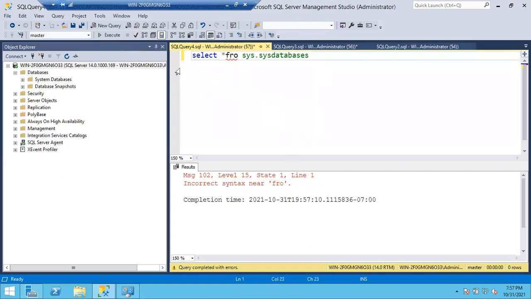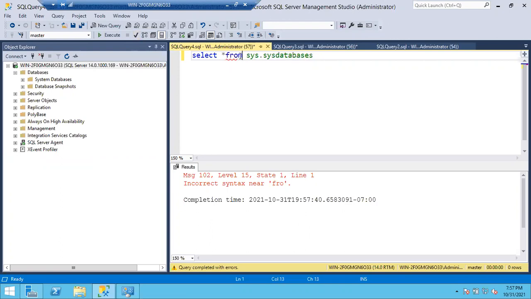So if you just select this, particular parse means it is going to check whether the query is right or wrong. So before executing, it is always better to parse the query, guys. Any query, before executing, it's always better to parse it once to check whether this query is right or wrong. Just click on this parse button so that it will tell you whether it is right or wrong.